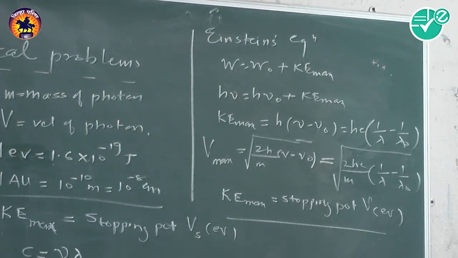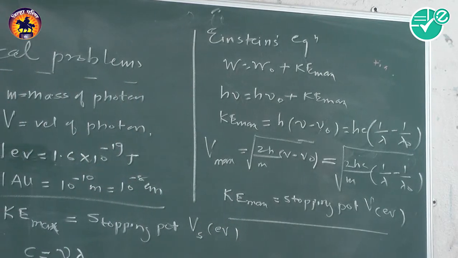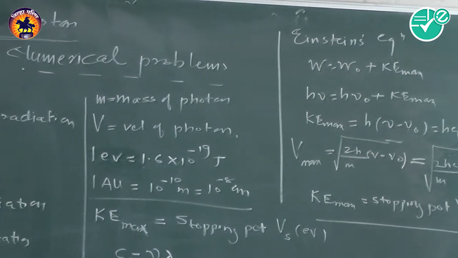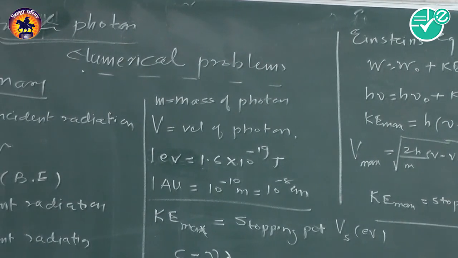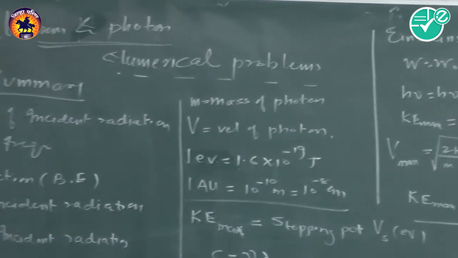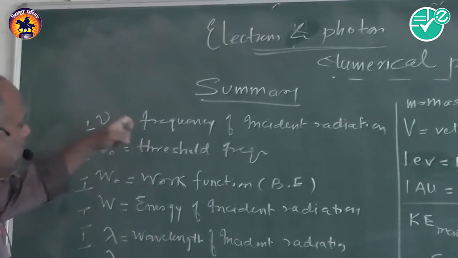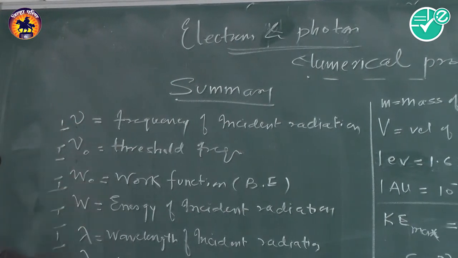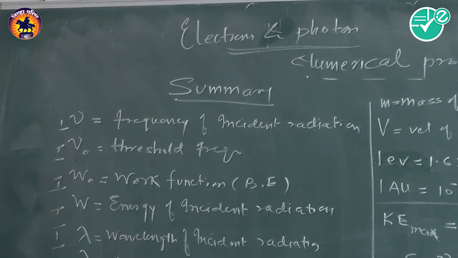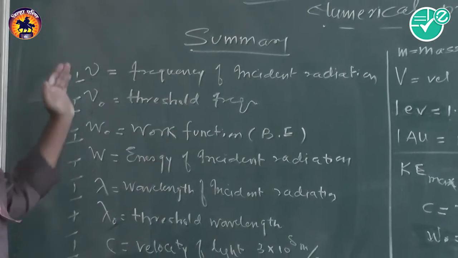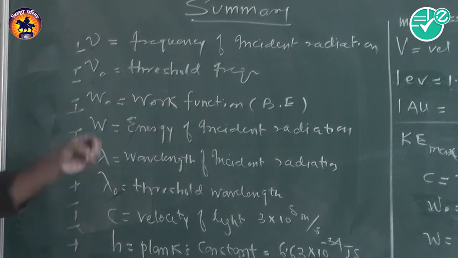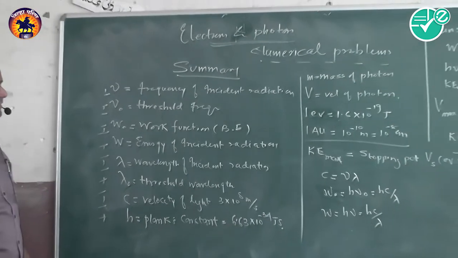So these are the formulae that we have to use in this chapter. These are the notations. You must remember the notations. If you remember what lambda stands for, what frequency symbolizes, what nu 0 symbolizes, then you can solve the numericals very easily. You can write the given data very easily. And if you remember the formula and the symbols, you can solve the problems easily, because putting the values and solving is the work of fifth standard students only. Okay, write it down.